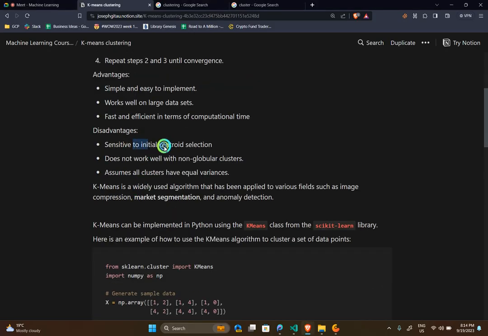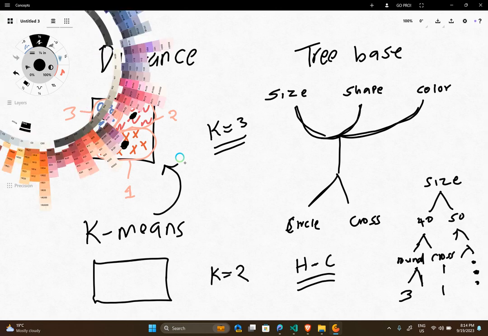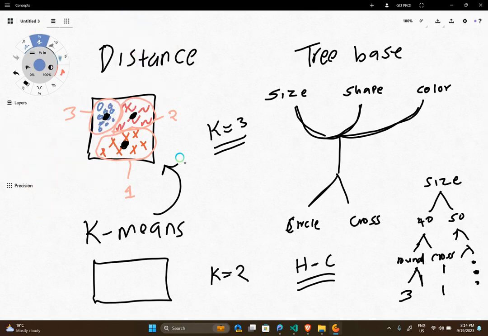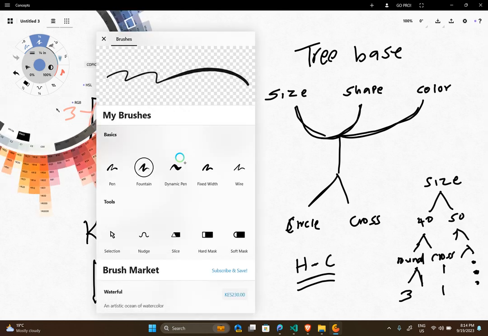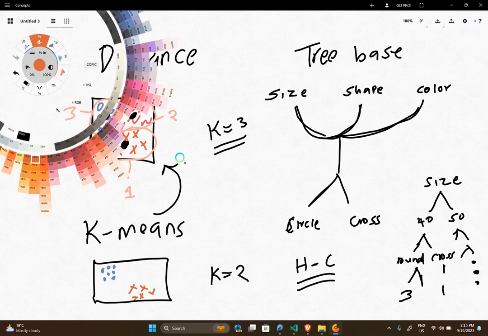So, disadvantages: it's sensitive to initial centroid selection. If you define the number of k to be equal to 3, and maybe in another model you define your k to be equal to 2. So it means that, for example, these points that we had up there, this excess that we had down here, and the other class,